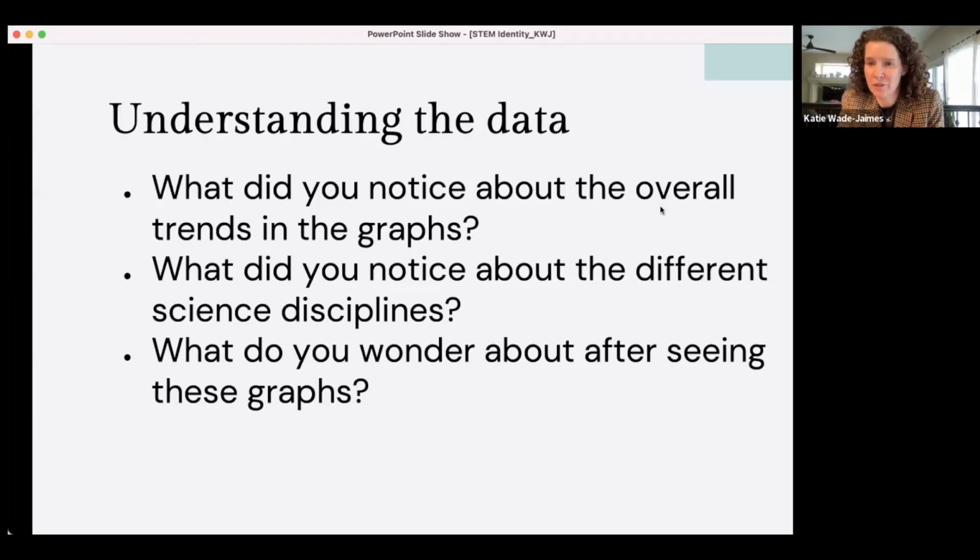All right, yeah, so the first comment: for Black and African American, for a lot of the lines, specifically for women, a lot of the lines are either going down or staying pretty flat. And for the Hispanic Latinx populations, most of them are going up. And the question is why? What a great question. Thank you, Jennifer. Other thoughts or things you noticed on the graphs?